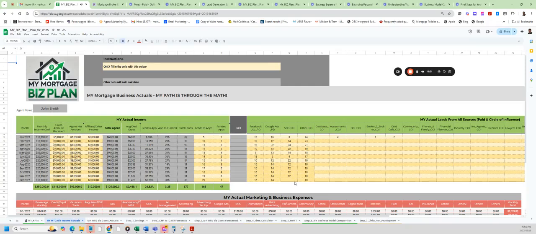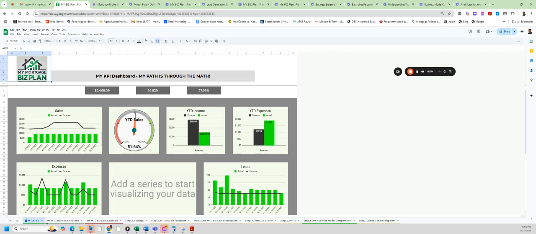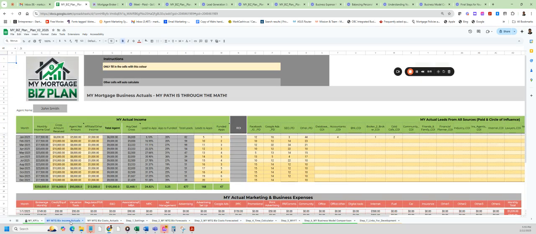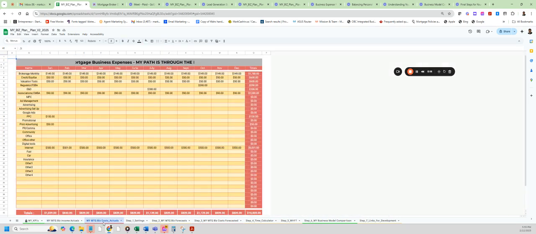Back now that we've done all of our setup, it's very simple. Each month you're going to go back to these three tabs. You're going to have your KPIs, which is here, your actual income that you're making, and your actual costs. You can always go back and fine tune your forecast and your settings, but really now comes the time